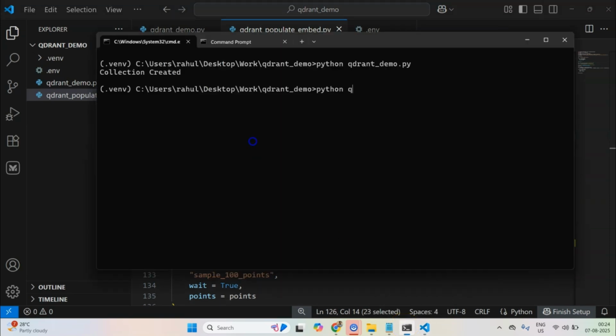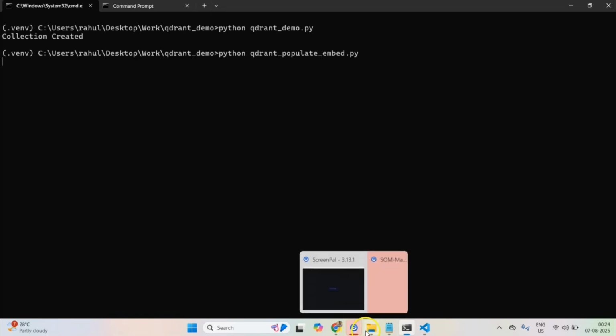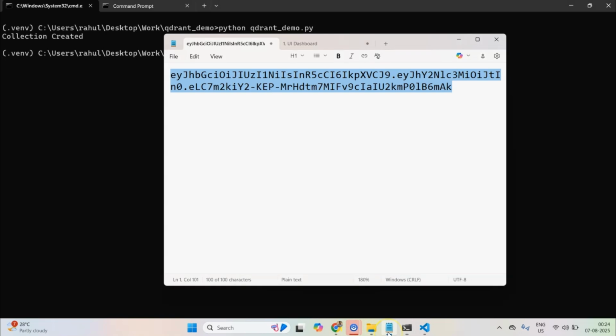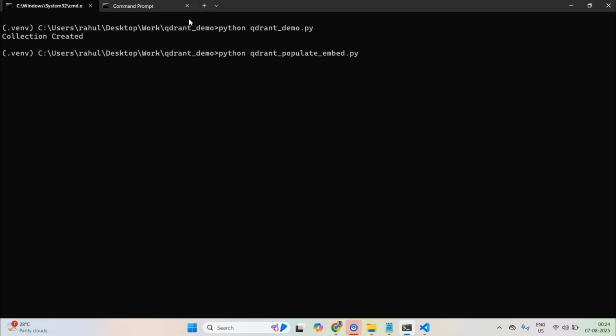So let's run this Qdrant populate embeddings script, and if I run this, you will see a bunch of comments, so let's look closely at what is printed as the process runs. Okay, it's taking a bunch of time, which is not to be worried about.